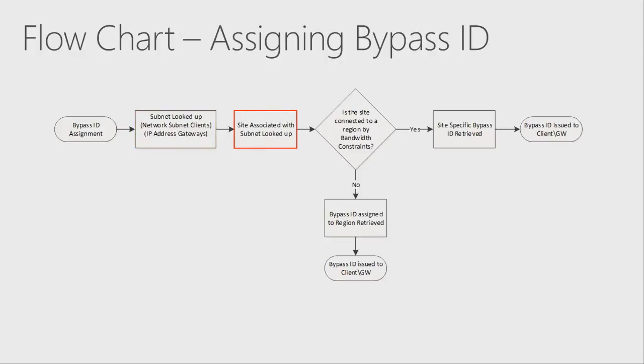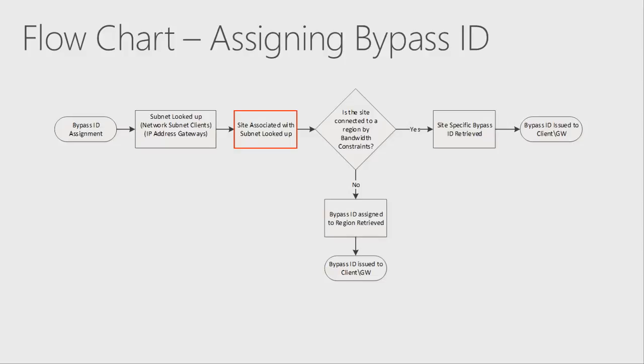So once we've got the subnet, we then look at the site associated with that subnet. And this site can have a whole selection of subnets. So there's 200 subnets that your network guys now made you enter for one site that you don't have any bandwidth constraints in. We've now got that site. And that site is tied to a region. And for those of you who looked at network locations before for call admission control, we do it kind of based on a star topology. So we have the regions in the middle, we have the sites coming off those, and then we have region links as well. And the links between the sites is what we assign the bandwidth limitations on if we're doing